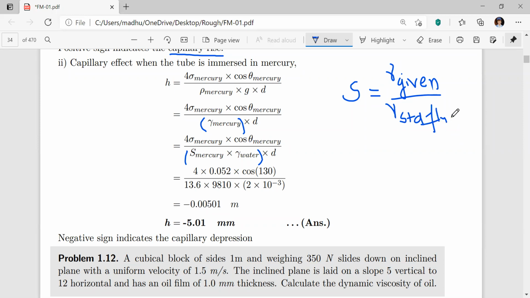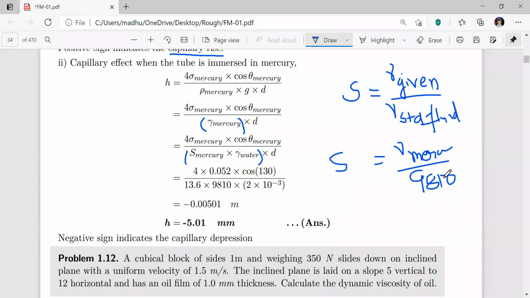So here water is taken as the standard fluid, therefore S of the mercury will become gamma of the given fluid, that is mercury, divided by gamma of the standard fluid,